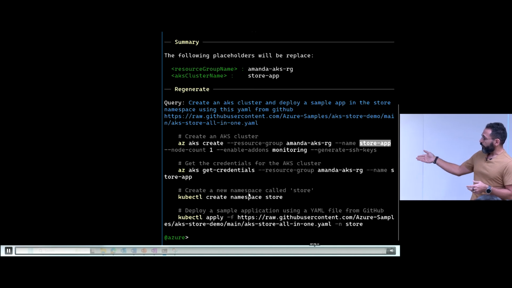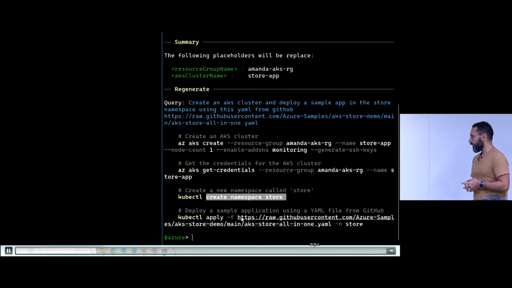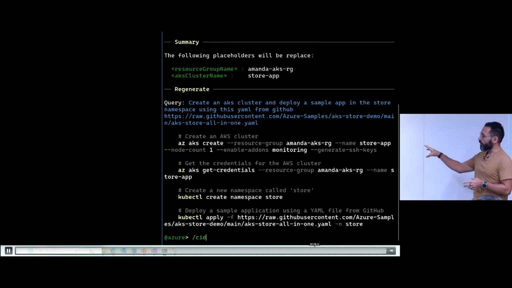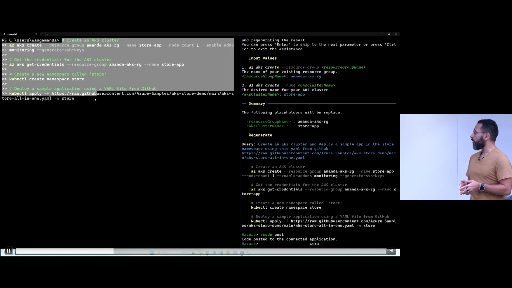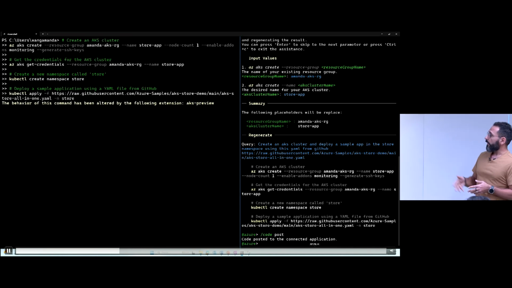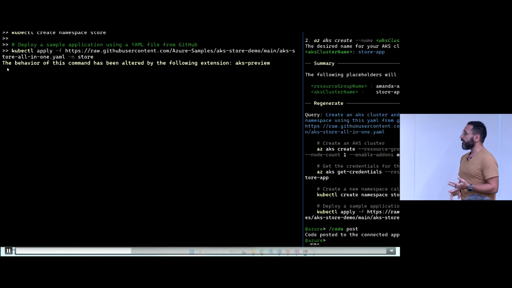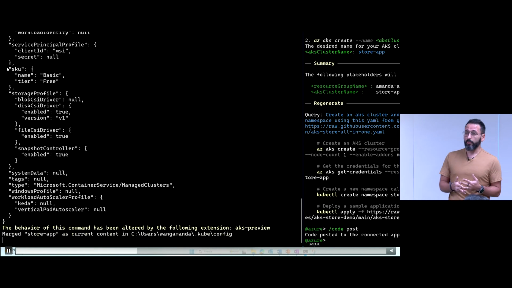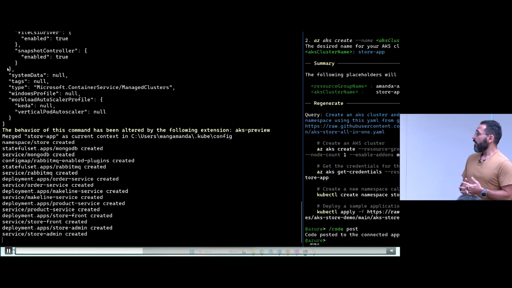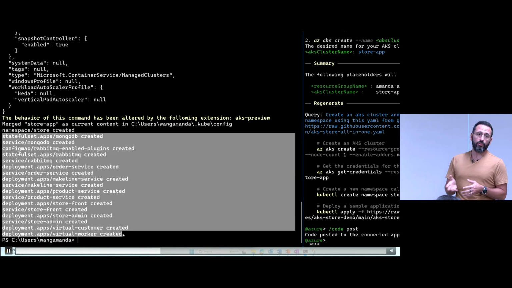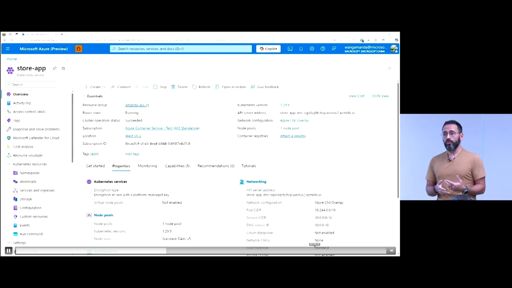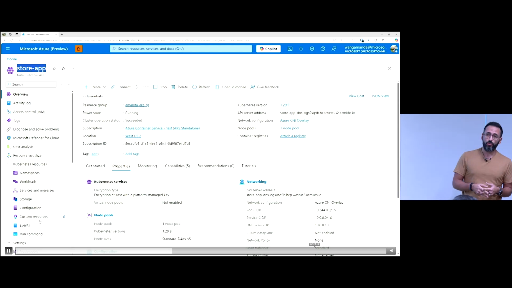And then with another command, which is copy, which I'll do right now, I can copy the output of this command into my actual shell on the left there and actually run them. So we have 4 commands now to create a cluster, to get the credentials of the cluster, to create a namespace, and deploy a YAML file. All within a few minutes. I'm able to do that without having to go and read documentation or dig for the actual commands that I need to use, because the AI shell is trained and fine-tuned on the documentation of Azure. So it should be able to generate accurate